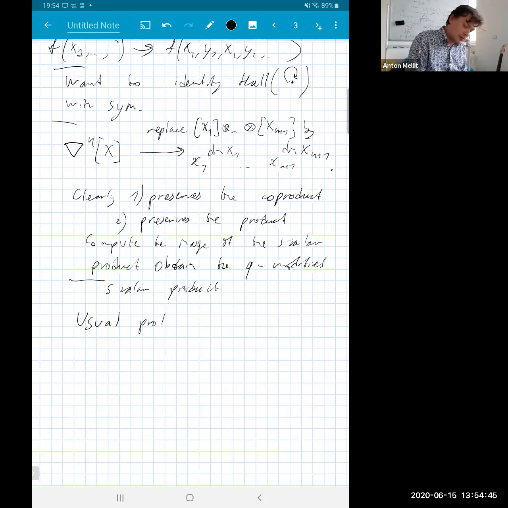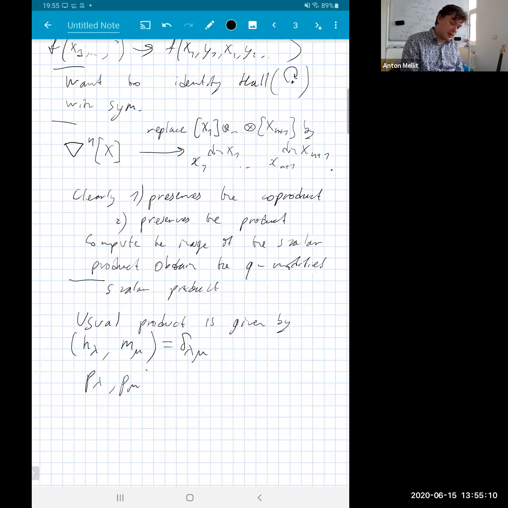The usual product is given by, there are many different equivalent ways, but one way is to say that the complete homogeneous functions are dual basis to the monomials, or you can say that the power sums are orthogonal with the coefficient, or the Schur functions are